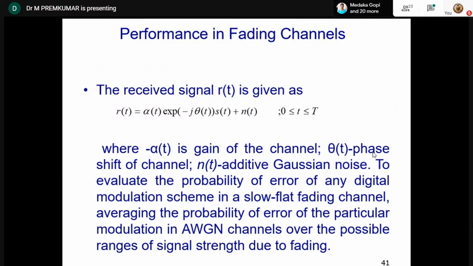Alpha of t is the gain of the channel, and all these things are self-explanatory. Theta of t is the phase shift of the channel, and n of t is the AWGN channel. So what you can do is contribute by writing software programs using this received signal model,